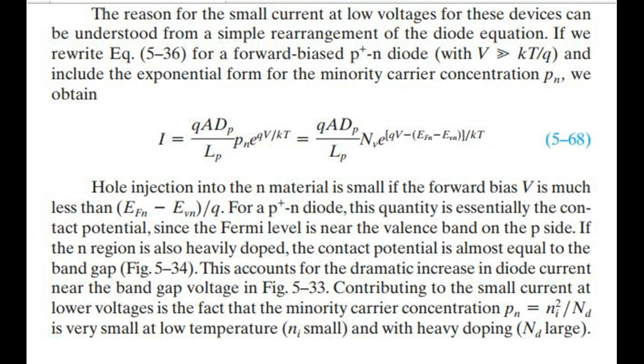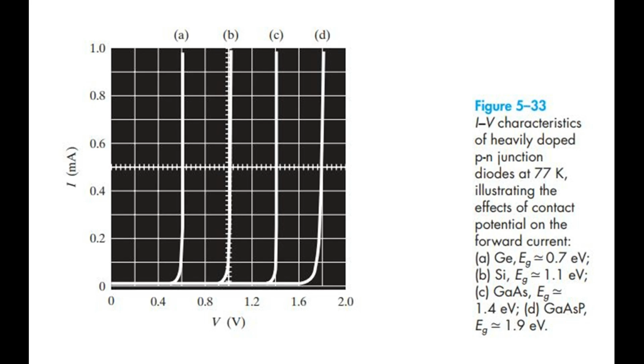Contributing to the small current at lower voltages is the fact that the minority carrier concentration pn equals ni^2/Nd is very small at low temperature, ni small, and with heavy doping, Nd large. Figure 5.33: current-voltage characteristics of heavily doped p-n junction diodes at 77 K, illustrating the effects of contact potential on the forward current. A. Germanium, Eg 0.7 electron volts, B. Silicon, Eg 1.1 electron volts, C. Gallium arsenide, Eg